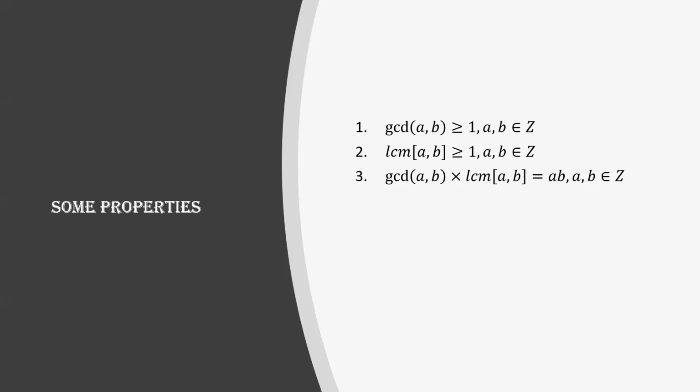Wait. How is the third case proved? GCD of A and B is P. LCM of A and B is P into A1 into A2. So how is the third case proved? Can you actually explain it fully, Krishna? Okay, just the third case, I will prove it. So I am writing it as P into A1 into A2 into P, right? Correct. So I can just make groups as P into A1 and P into A2, and that is just A and B when I am multiplying them. Awesome. Very good.